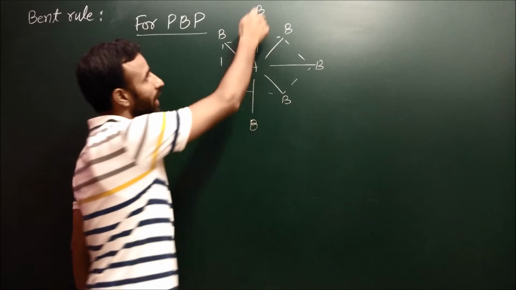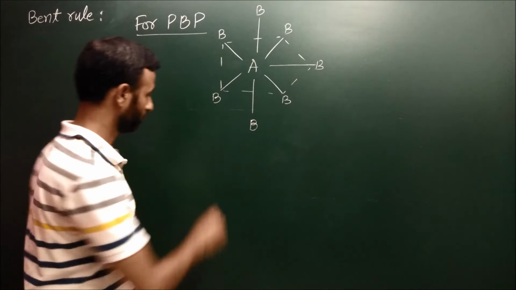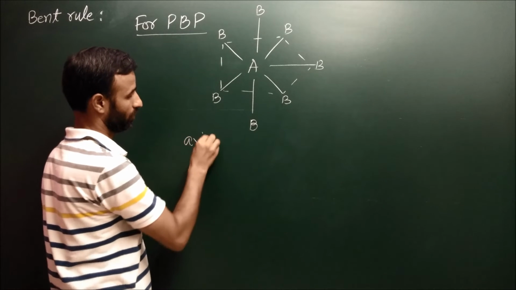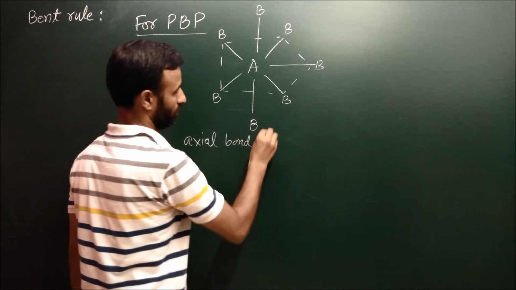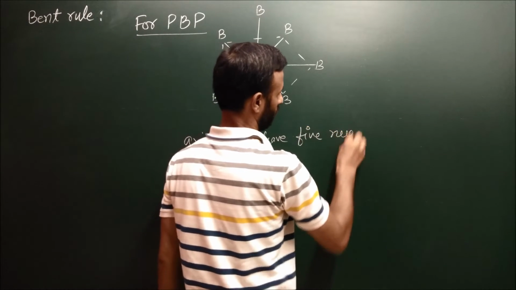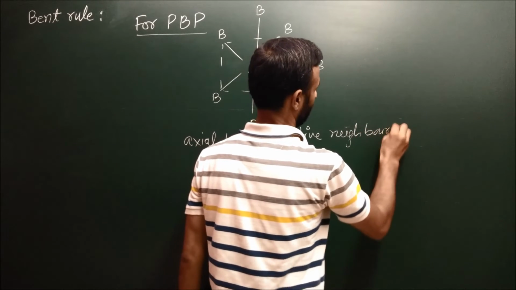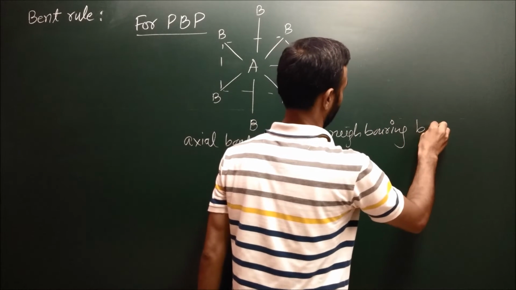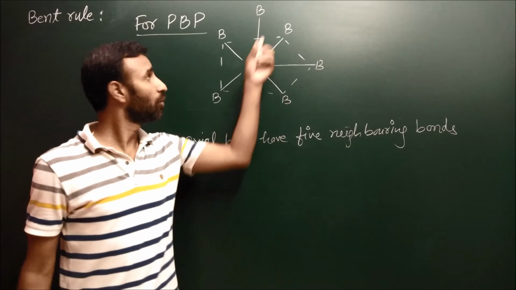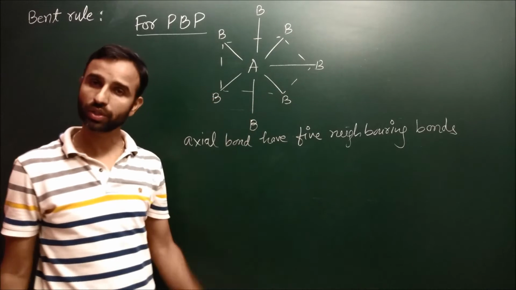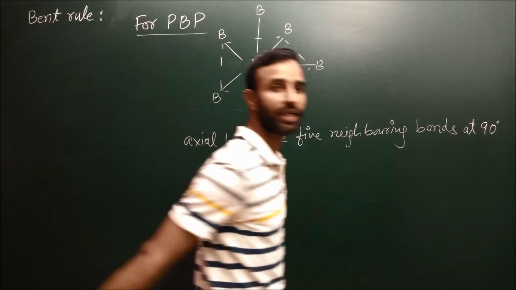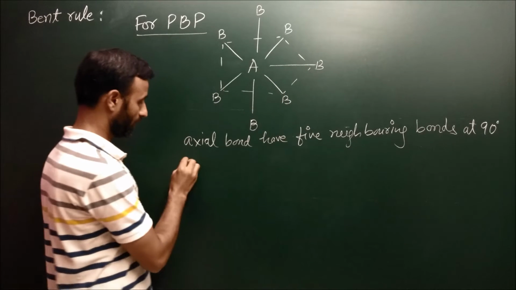So now these axial bonds have 5 neighboring bonds at 90 degree, and